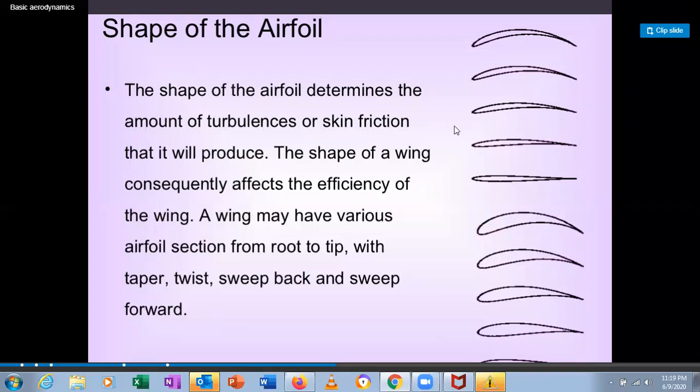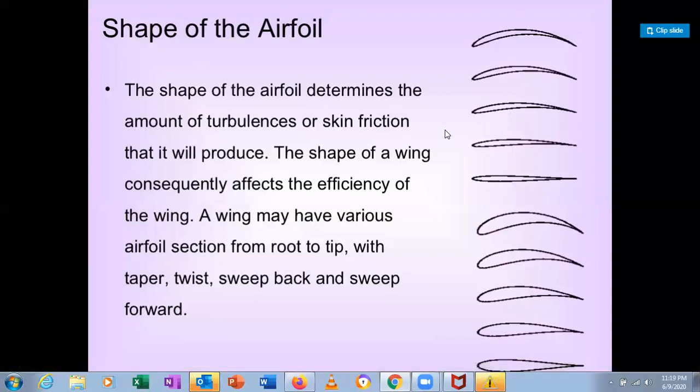When you look at a wing, from the leading edge to the trailing edge, we can use a series of different airfoils or the same type of airfoil, depending on which type of aircraft we are going to design. If you are going for supersonic, the airfoil selection will be done on that basis. We will learn airfoil selection in detail in the next class.